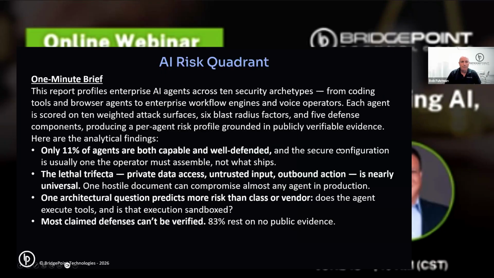And the big one that came out of this, that last bullet: "trust us" is really what they came back with. Is your AI secure? Yes. How? How can you demonstrate that? Trust us.